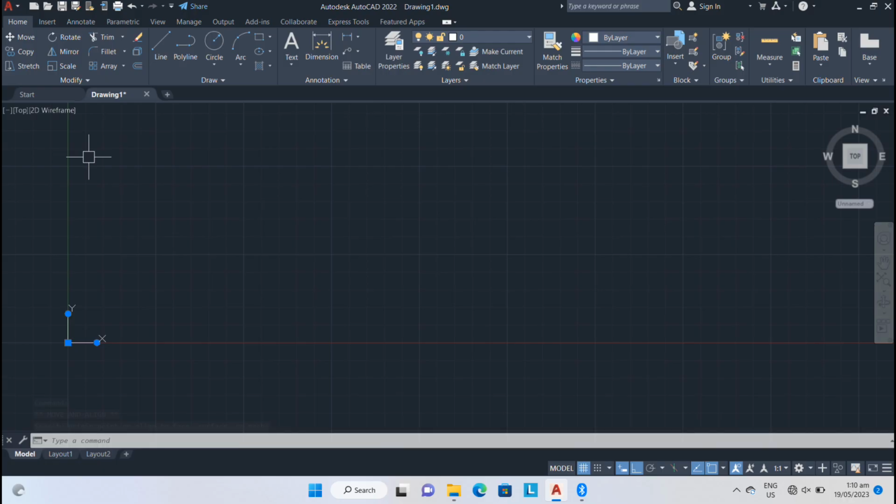And now, let's move on in the drawing area of the AutoCAD software, where we can see the user's coordinate system, also known as the UCS icon, which can be movable when creating a drawing. Just a reminder to our viewers, in this video, we will use millimeters as the unit of measurement, but it can be changed depending on what kind of unit of measurement you'll be using by typing UN as the command